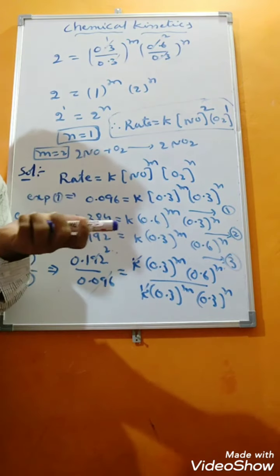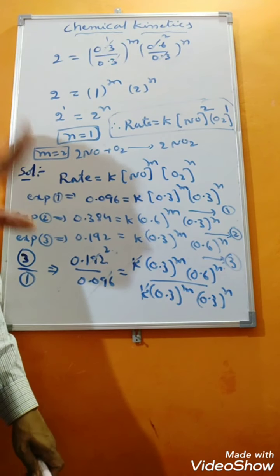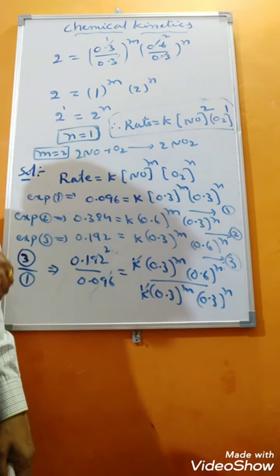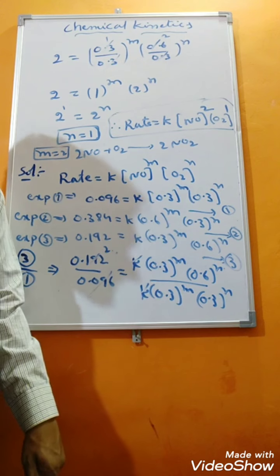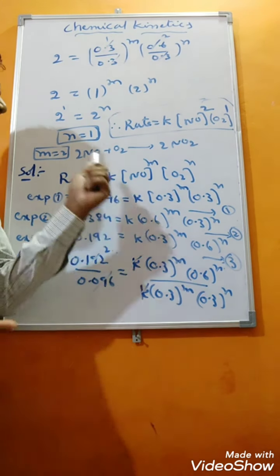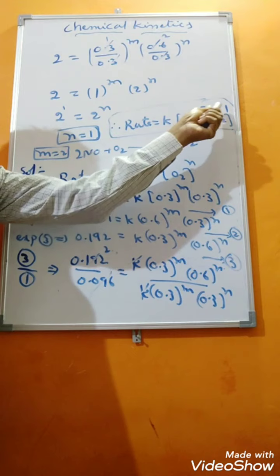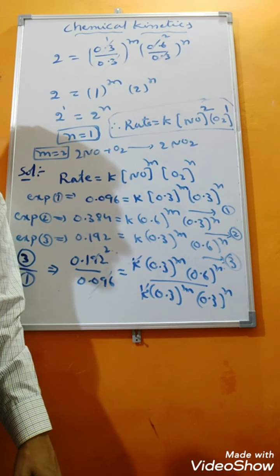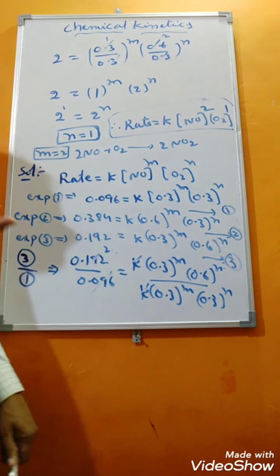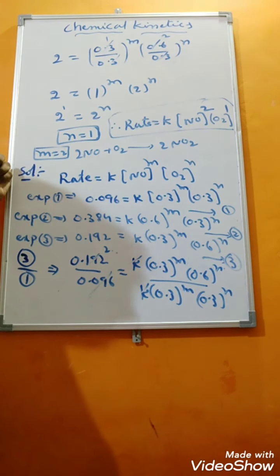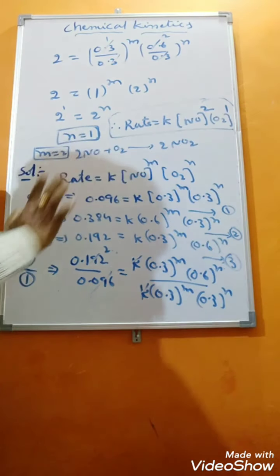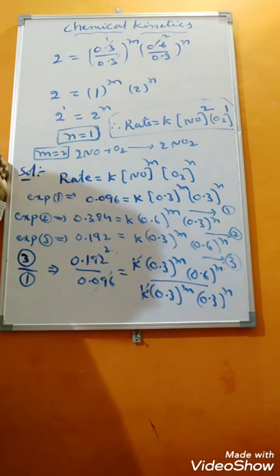But this situation will not happen in all chemical reactions. Only in a few chemical reactions you may get like this. That means this reaction is taking place in a single step. If the reaction is taking place in a single step, then the stoichiometric coefficients equal the exponents of the rate expression. If the reaction is taking place in more than one step, such reactions we call complex reactions. That we are going to discuss. In the case of complex reactions, the stoichiometric coefficients are never equal to the exponents of the rate expression. No doubt, students.